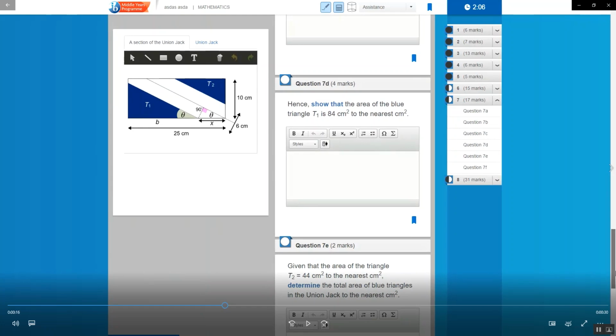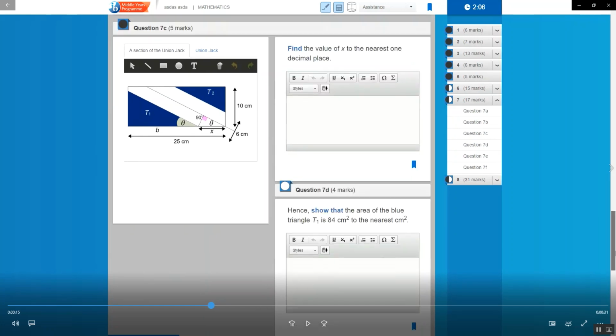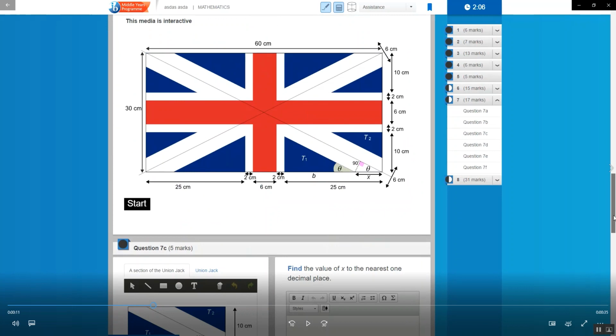And now let's see if we can work out what the height of this triangle is. Can we figure out from this what the height of the triangle is? Difficult to see. Is the top of T2... the top of T1? Is that the 10 or the 8? I don't think it is. Because if it was, then the height would be